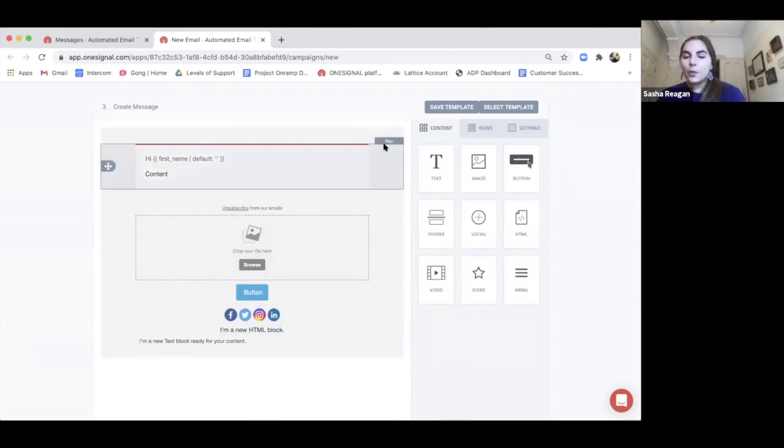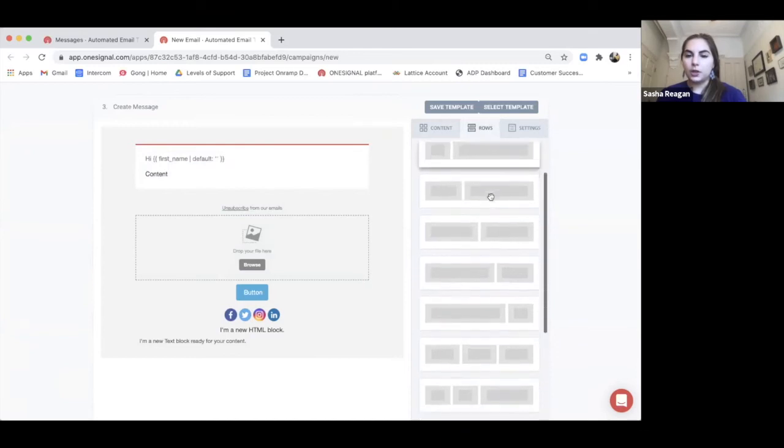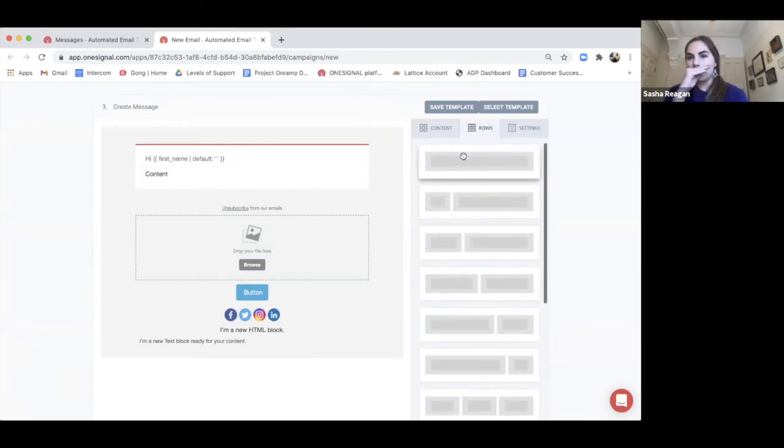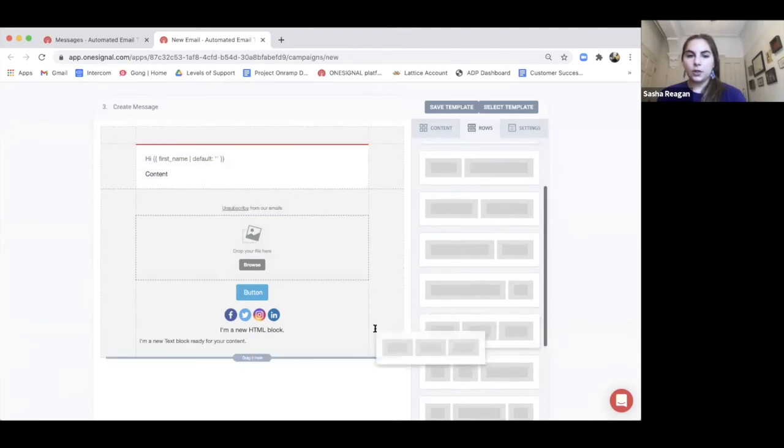Great. The next thing I want to talk about is rows. So as you can tell, all of the blocks that I've put here are just one single block stacked underneath each other. But rows allow you to segment sections into different criteria. So let me actually do a quick example. So here you'll see, this is the block that I've been using this whole time. This is like this one solid block that takes up that entire group on the screen. Let's go ahead and drag and drop